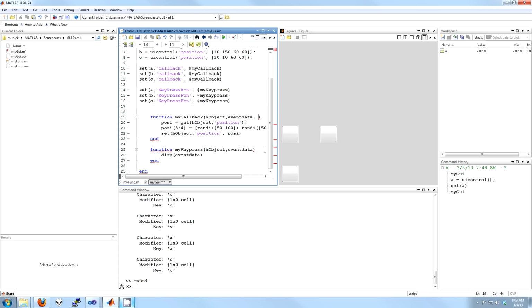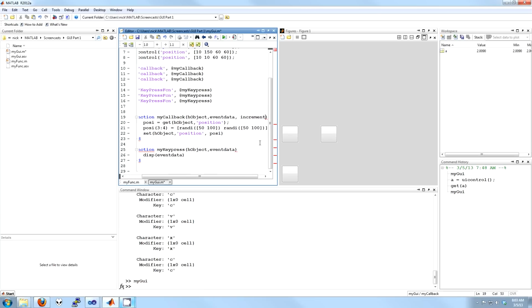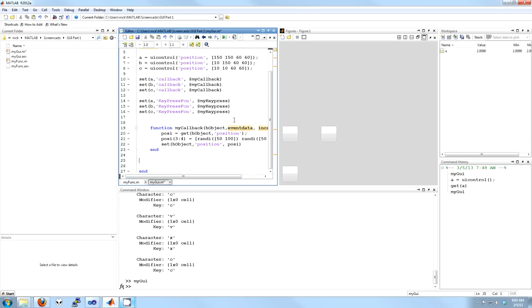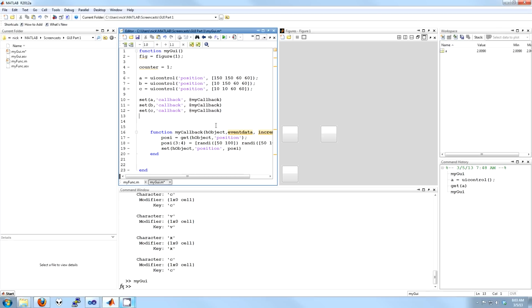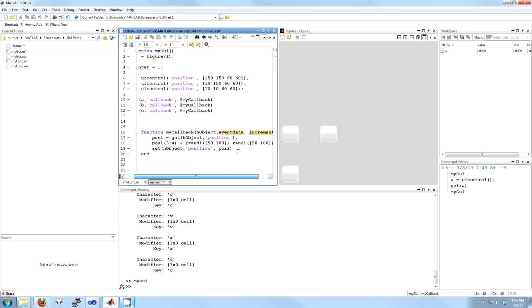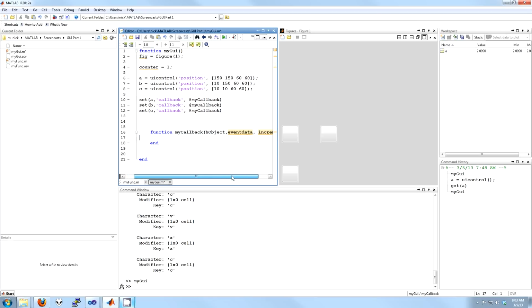More than just these 2 inputs, we can have a third or fourth input, or however many that we wanted to. So I'm going to make another one called increment. And just to make this a little bit clearer, I'm going to get rid of our key press stuff that we were working with before, and also get rid of that. So now we've got this third thing called increment,